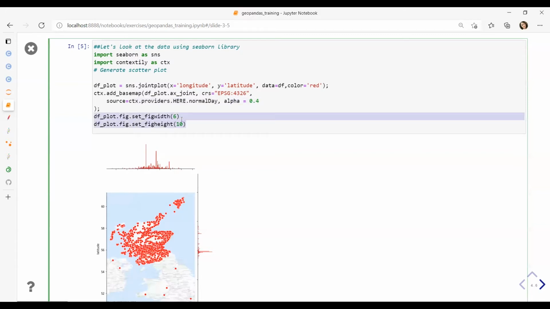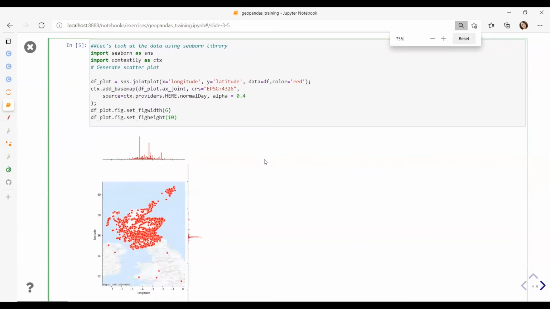Again, I've made the plot slightly bigger than it is by default, so you can see the data better. If you're familiar with UK geography, you know that this area in red is Scotland, with several job ads. They have these outliers, let's call them outliers. They do have Scotland as a value in location, but their coordinates are set to somewhere else.